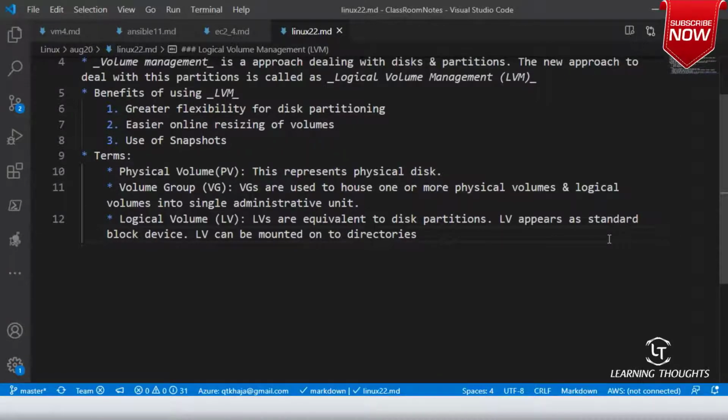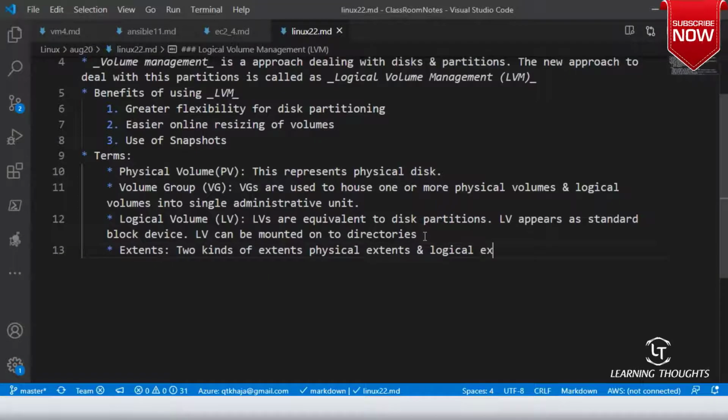Right. Now, I have to speak about one last term over here, which is called extents. So there are two kinds of extents: physical extents and logical extents.